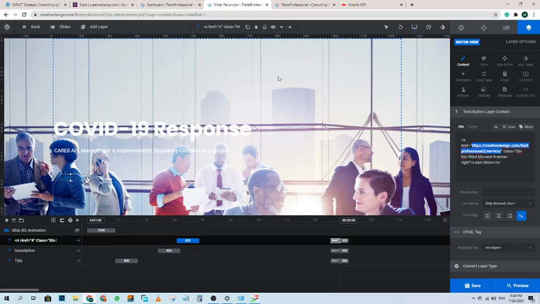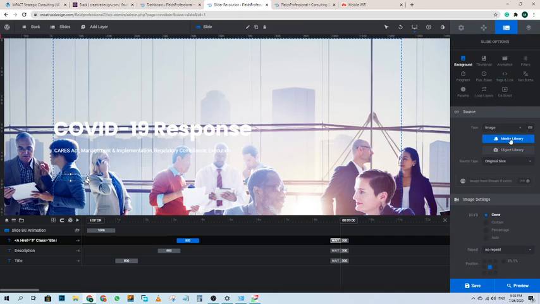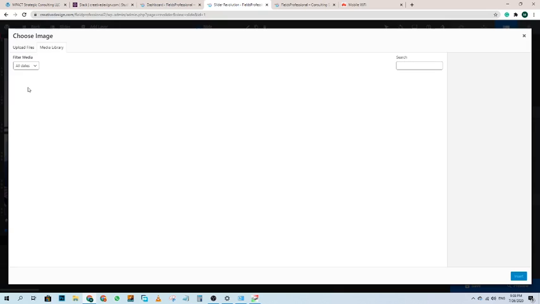If you want to change the background image of your slider, you have to click on this icon, and after clicking on this icon you have to click here, Media Library. From here you can select whatever image you want, and after selecting your image you can simply click on the insert button.